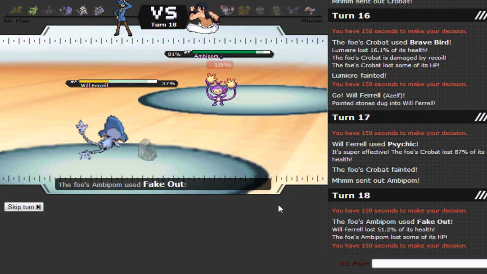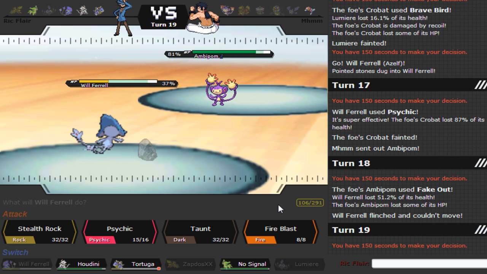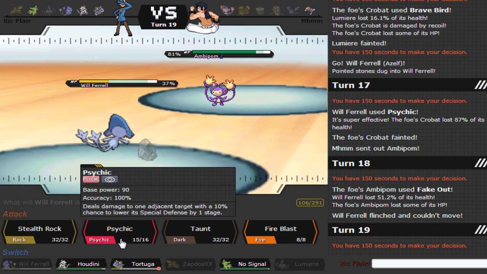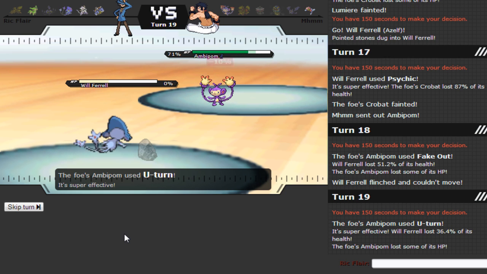But as you saw there, he was going to stay in. So I don't know if he went for the U-turn or if he went for the Brave Bird. Because in the end, maybe the speed EVs might have not mattered, because he could have stayed in and gone for the Brave Bird. And as I said, I'm pretty positive I could have been able to live a Brave Bird. But just, yeah. Anyways, he ends up...